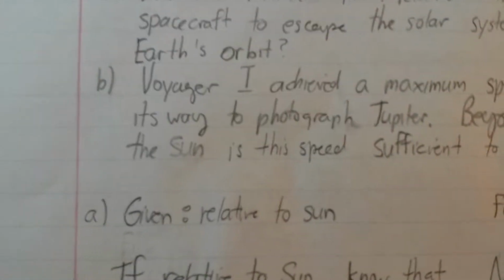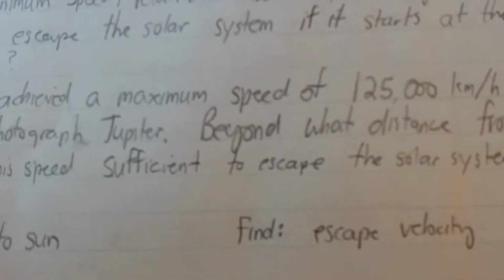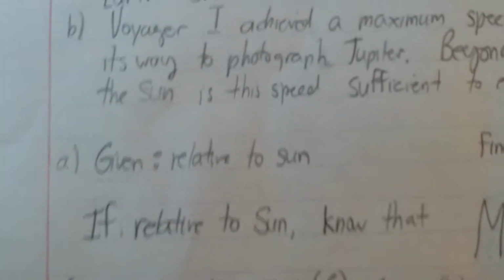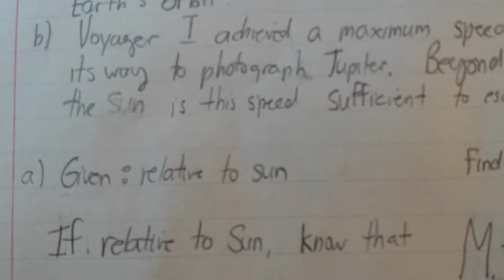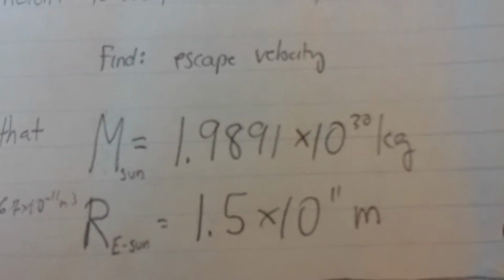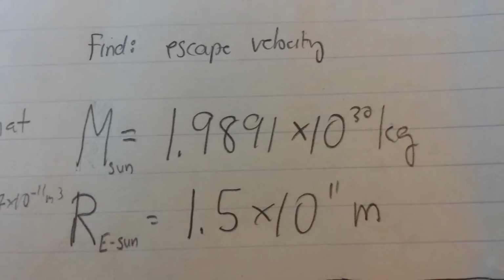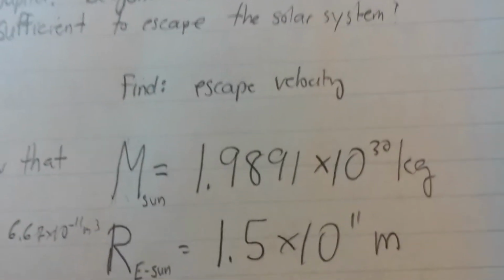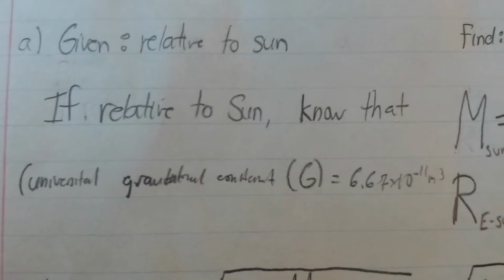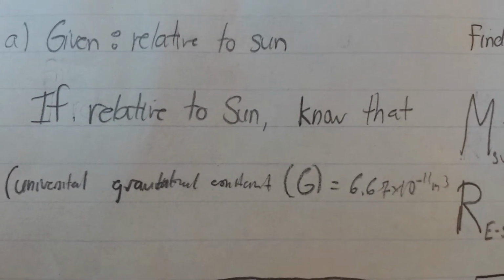So for Part A, we're given that it's relative to the Sun, and that's basically about it. They ask us to find the escape velocity. If we know that it's relative to the Sun, it's good to have the values of the Sun, such as the mass, which is 1.99 times 10 to the 30th kilograms, and that the radius of orbit from the Earth to the Sun is 1.5 times 10 to the 11th meters. And of course, we already know that the universal gravitational constant, G, is 6.67 times 10 to the negative